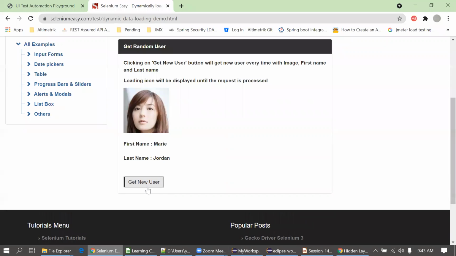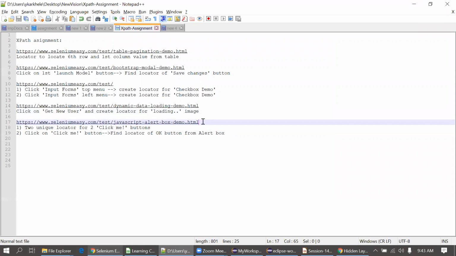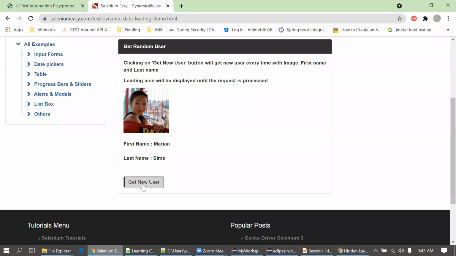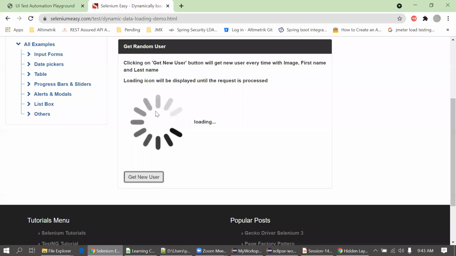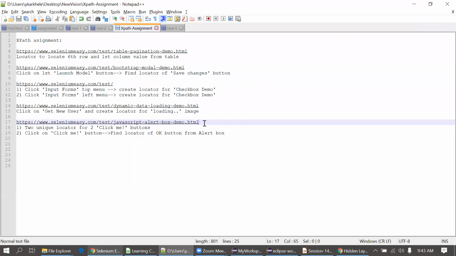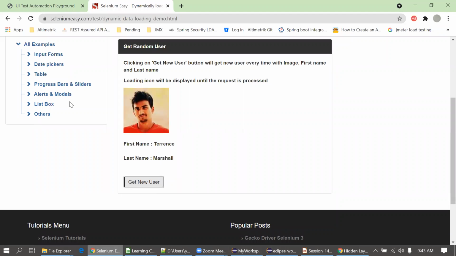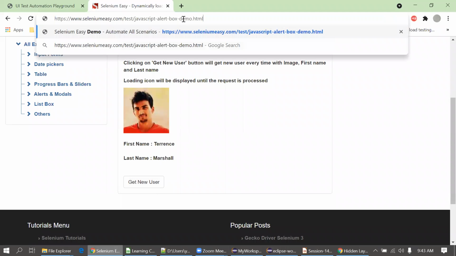You have to find the locator of this loading icon, the rotating one. This is somewhat tricky because in some cases you have to wait until the loader finishes loading. That's why you have to create the locator, and then we have to put a condition accordingly in our framework.